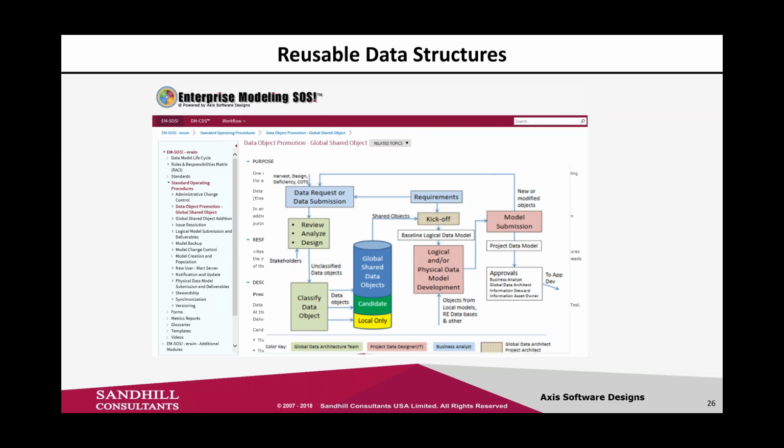But you can kind of think of the fact that for each line that is between each of these objects, there's a process that's related to this that tells you how to do it. And that's what we're looking at in the process section of the data object promotion. Those are all the real how-tos, where the rubber meets the road, of how do we actually do this. So we've done this in quite a few cases where you're looking at a process that's possibly a little more involved in something else. We will have a diagram that gives you the overview, and then we'll have the process itself. And again, this can all be customized based on the way your particular organization wants to do it.